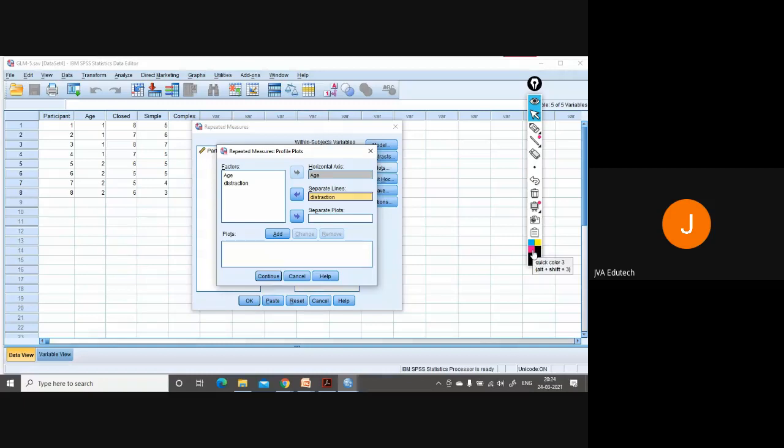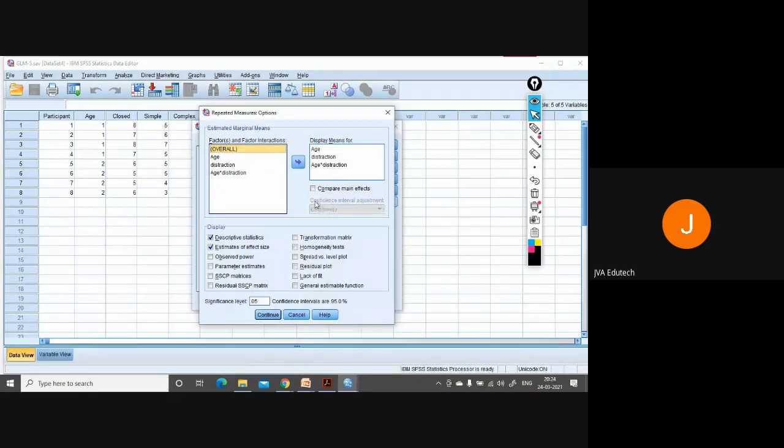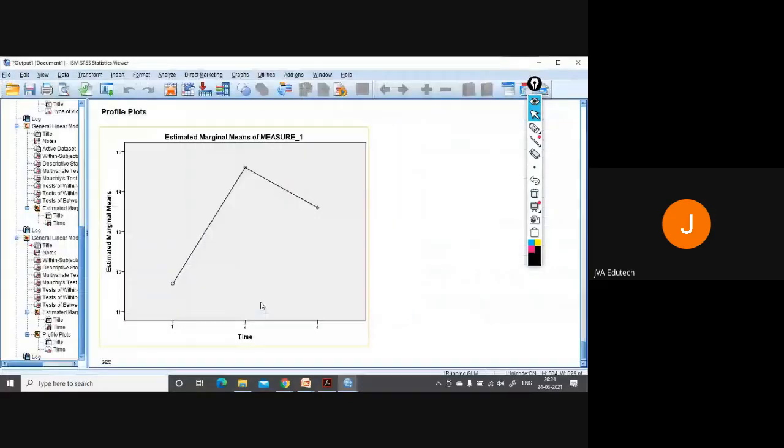So this will create the age into distraction interaction term. Then in options, we have to select compare main effects, Bonferroni method. Now continue. Okay.